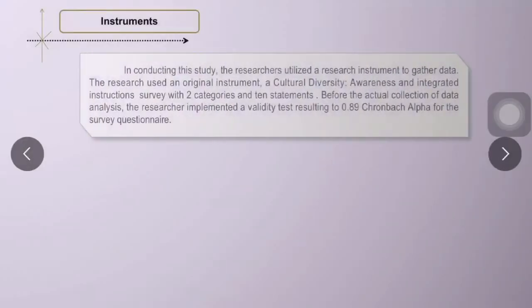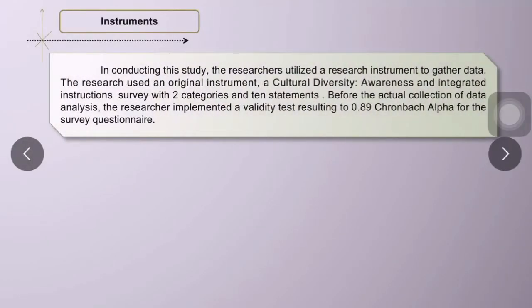The study instruments. In conducting this study, the researcher utilized a research instrument to gather data. The researcher used an original instrument, the Cultural Diversity Awareness and Integrated Instruction Survey, with 2 categories and 10 statements. Before the actual data collection, the researcher implemented a validity test resulting in a 0.89 Cronbach alpha